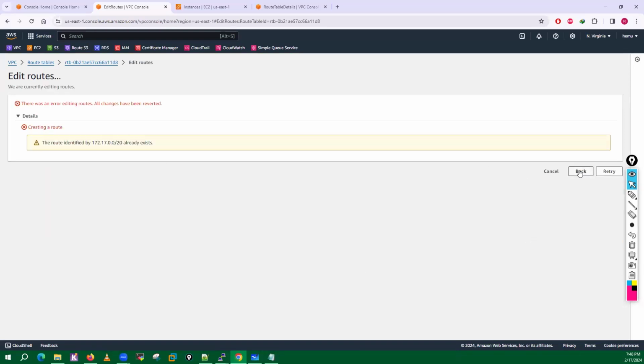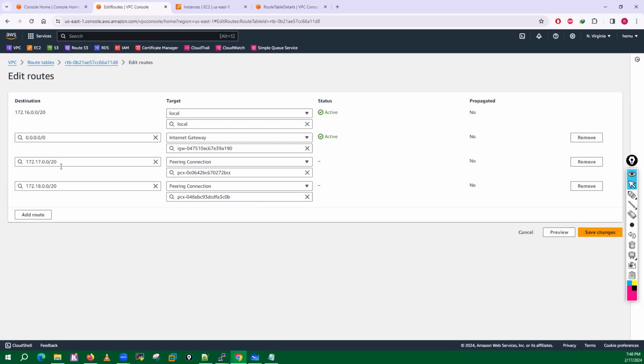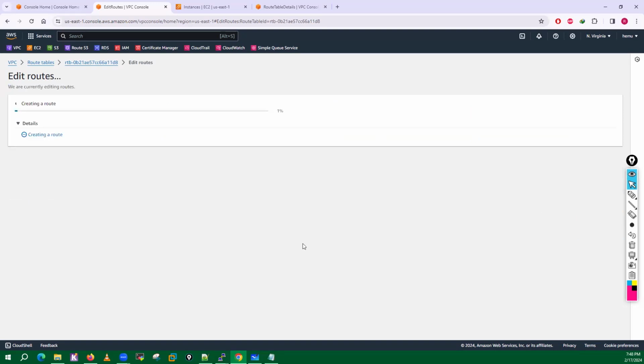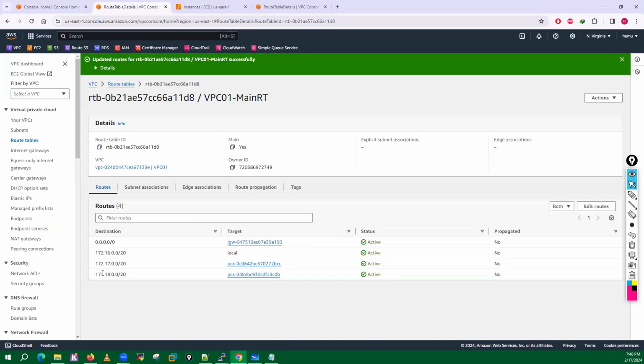Oh, this route already exists, but I'm not able to see it properly. Okay, let me remove it. Okay, yeah, we already have that route here.